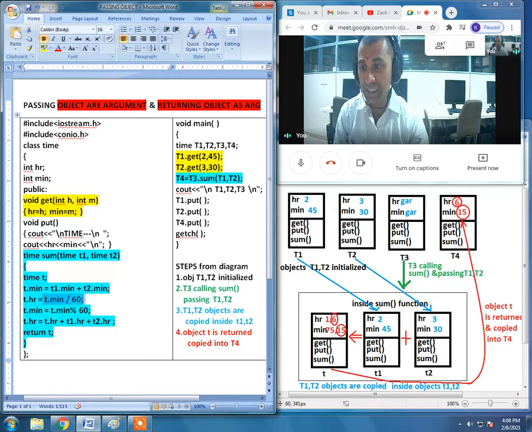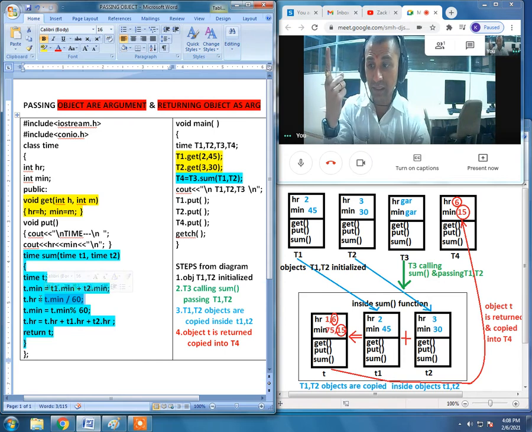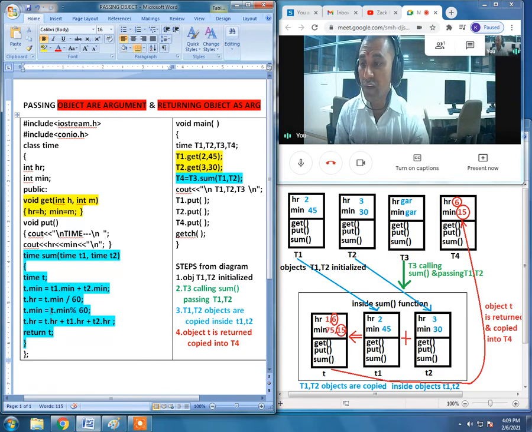Another functionality, that is t dot minute divided by 60. So 75 is going to be divided by 60. The quotient will be 1 and 1 is being stored inside the R of t object. So that is how the first value 1 is being stored in R. Another functionality, that is t dot minute modulo 60, that means we are talking about the previous value in the minute, that is 75. 75 modulo 60 will give you 15. So this 15 value is getting stored inside minute of the same object t. So 75 is going to be replaced with 15.